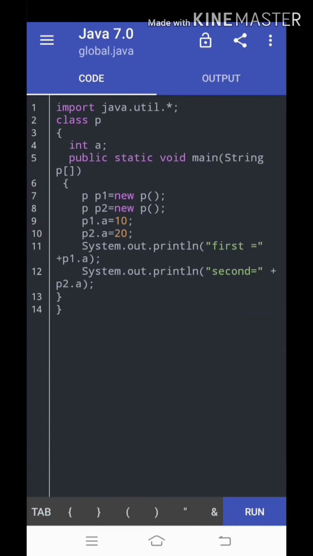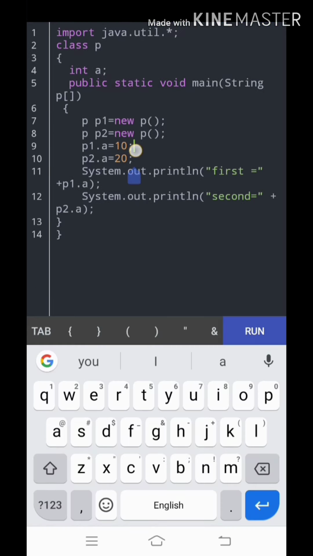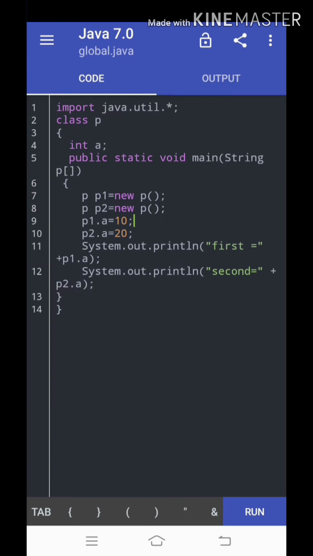So it is clear that it acts as an instance. Instance means simply duplicate values. So for a single variable we can call it multiple times with multiple objects so that we will not get any error when we run these types of programs.